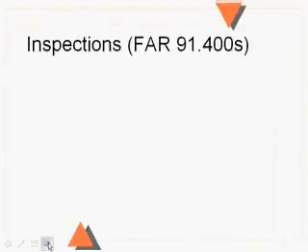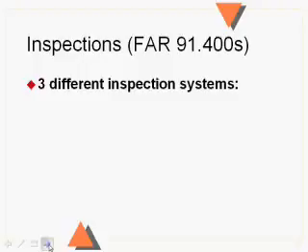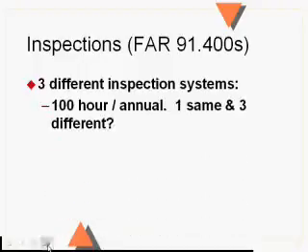Okay, inspection systems. There are 3 basic types of inspection systems that you're likely to find and have to understand as a professional pilot. The first one you've heard quite a bit about. It's the 100-hour and annual inspection system. This will be a really fast review for you. If you're a small aircraft, usually operated under the 100-hour and annual inspection system, you have to have an annual inspection done annually, and it's only valid for 12 calendar months, which means if you have an inspection done any day in September, it's good until the last day of September the following year.